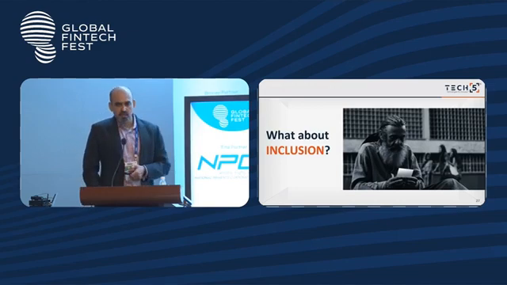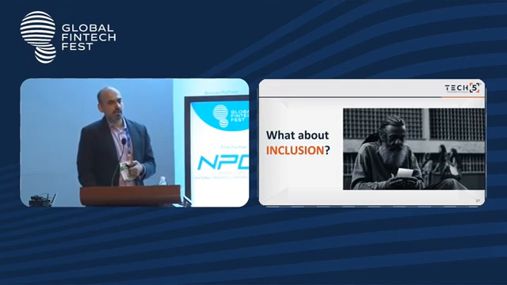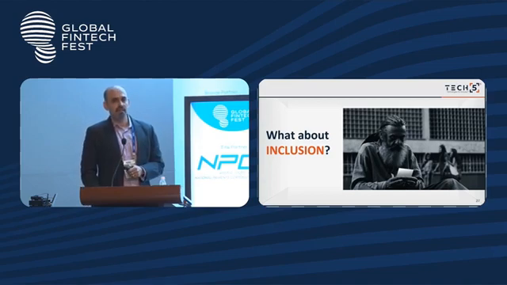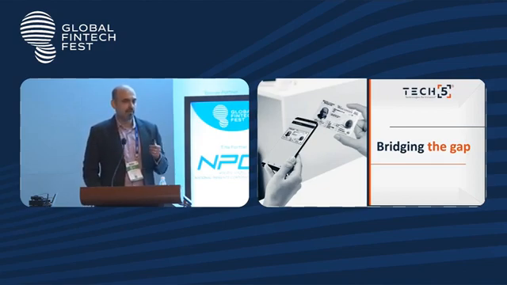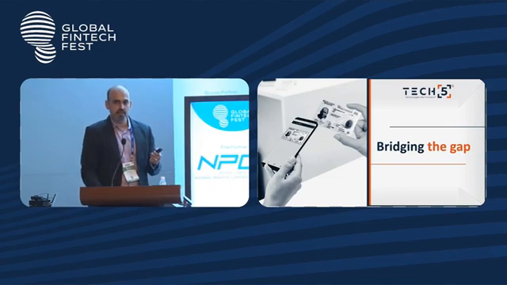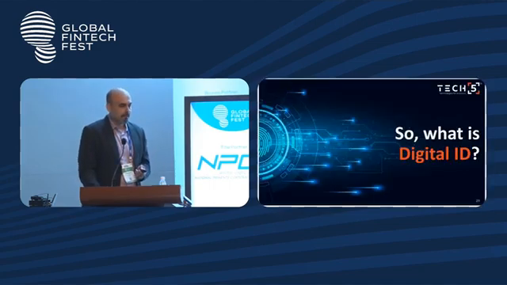So that really begs the question, when we talk about inclusion, right? What are we really saying? Is inclusion just giving a bank account? Or actually after giving a bank account, you want to ensure that that bank account gets used? And that's where the fintechs come into the picture, right? Today when we talk about solving the problem of last mile connectivity and banking, we want to ensure that we are bridging the gap over here. And we want to bridge the gap in such a way that the identity of the person is actually maintained while passing on the services, or the banking or the fintech services, to them.